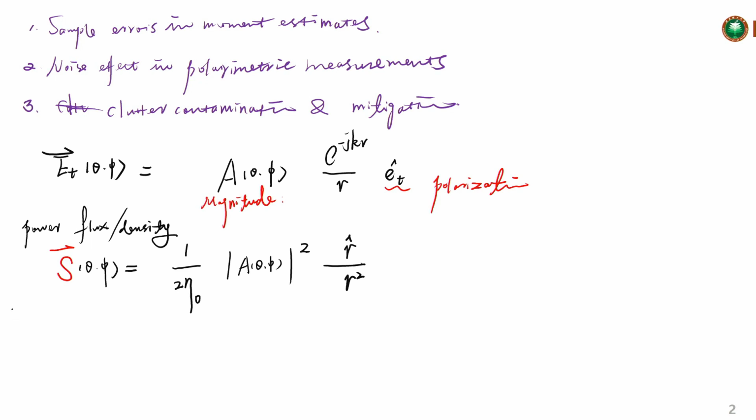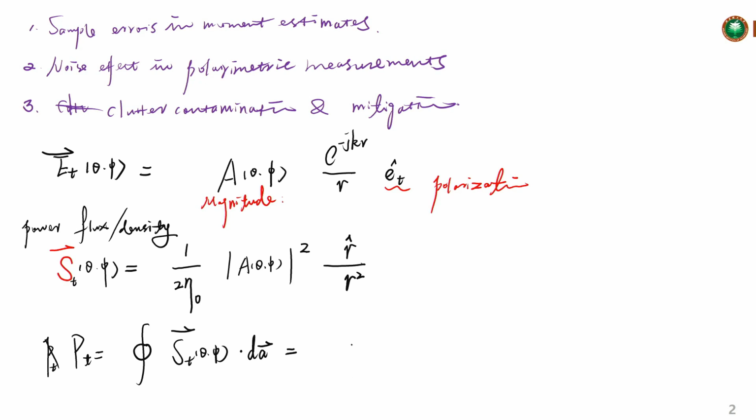And we know this one, and if we take integration for the power density with all the solid angles, then we can get the transmitted power. So the transmitted power P_T can be expressed as capital P. It can be expressed as S_T(θ, φ), all right? And the times the area and over the closed solid angle, and we can express it as the solid angle can be as